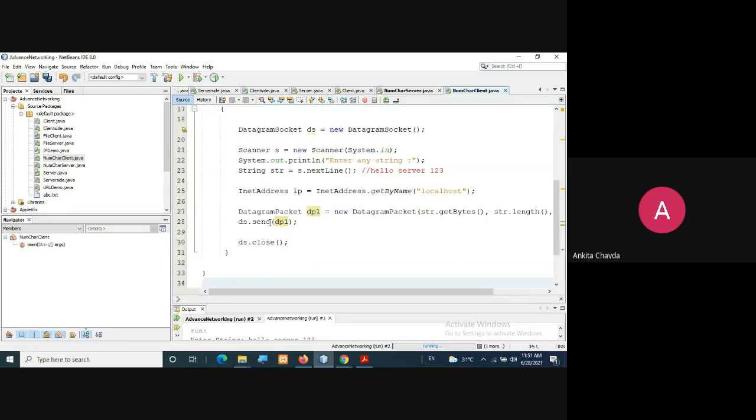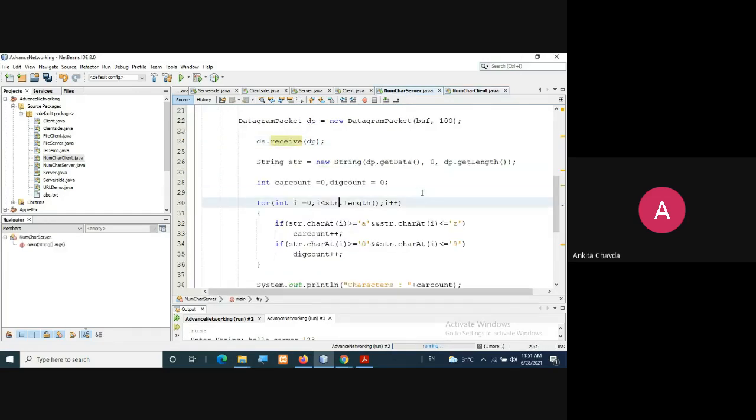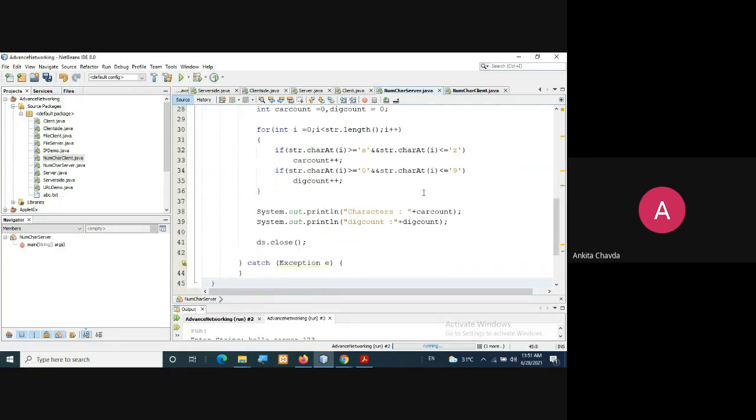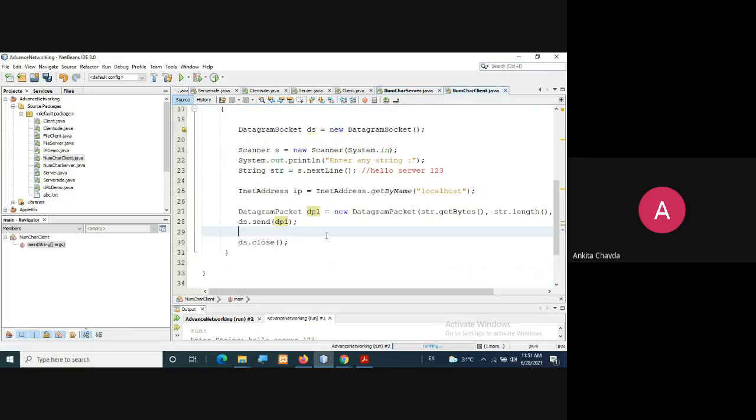You can change this program somehow. What I have done is I am printing the characters and all at the server side only, right? But what I want is that the server sends this data to the client, and I'll print it at the client side. This is your task to do.